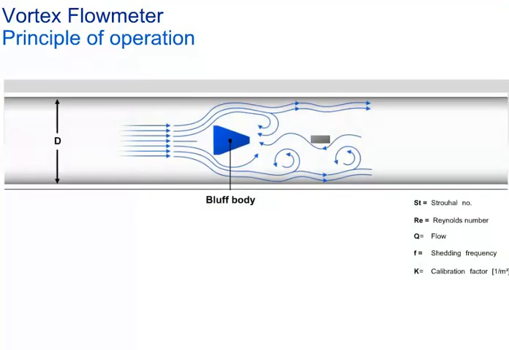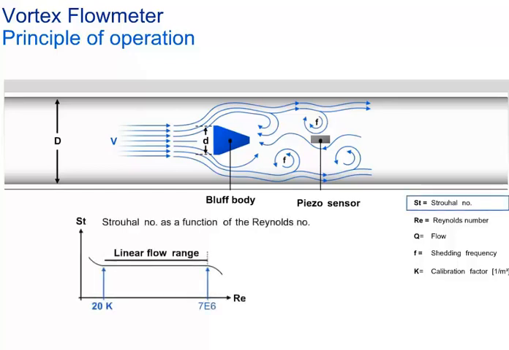Principle of operation. The frequency, F, of vortex shedding is proportional to the flow velocity, V, and inversely proportional to the shedder body width, D. Every vortex hitting the sensor carries a defined fluid volume. St, the dimensionless Strouhal number, defines the quality of the vortex flow measurement. With the appropriate bluff body design, St is constant over a wide Reynolds number range, meaning that the volume per